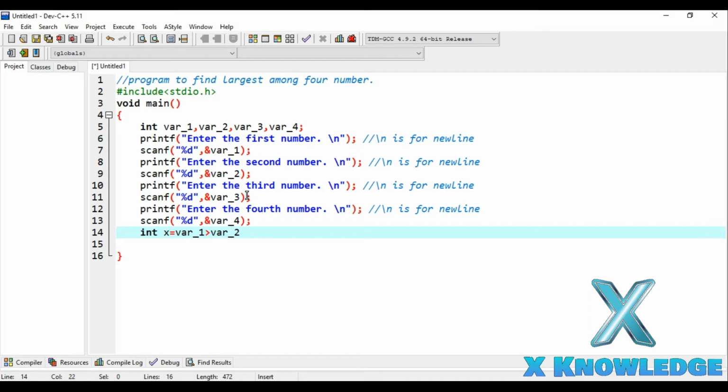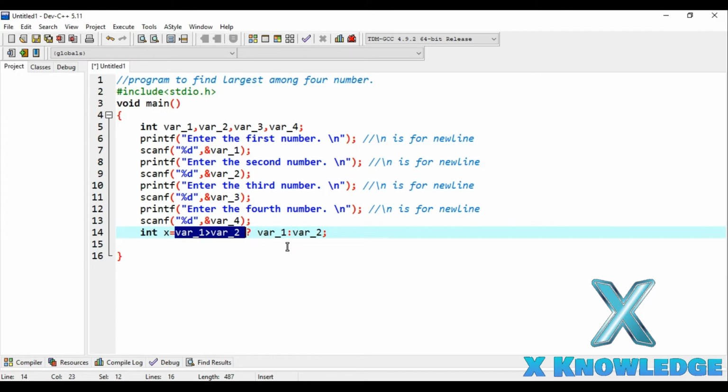So let's do this: variable 1 and variable 2, and the ternary operator, and give the variable 1. I will discuss how this will work out. So look, this is what the expression is. This is parallel to if else. Just think about if else and you will get a proper idea of it. All right, if this expression gets true, that is if variable 1 value is greater than variable 2 value, then the variable 1 value will get stored to x, and if this expression gets false, then variable 2 value will get stored to this x variable.